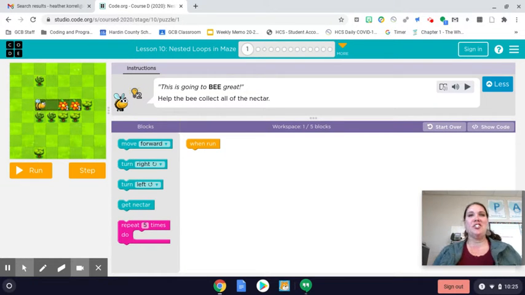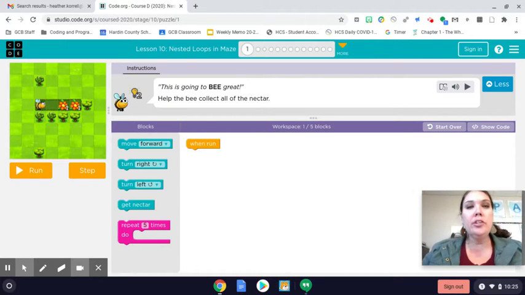Today I'm going to be talking to you about how to complete a code.org level D lesson number 10. So your previous lesson, you talked about basic loops, which is repeating whatever you put inside of it. Today we're going to take it a step further and we're going to start talking about nested loops. And nested loops simply means a loop that goes inside of another loop. And I know that sounds a little confusing, but I promise it's not too bad once you see it actually